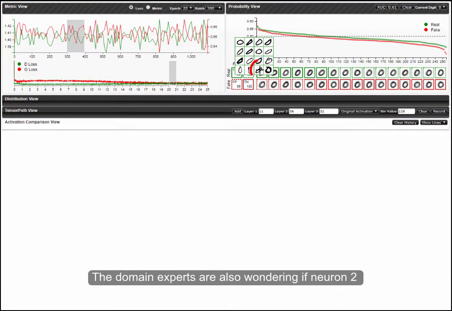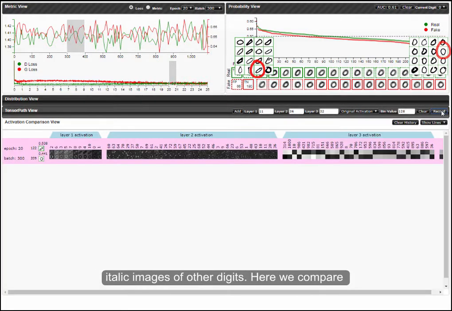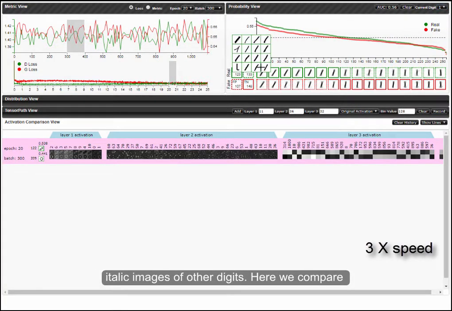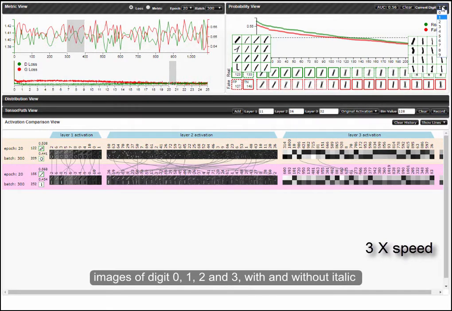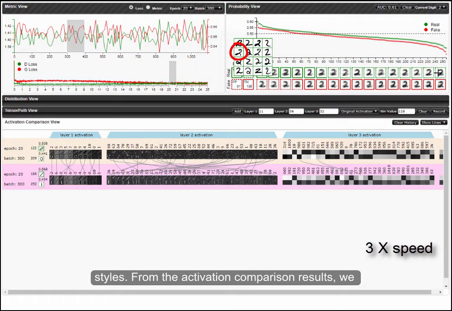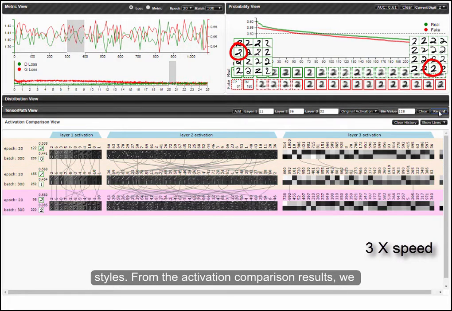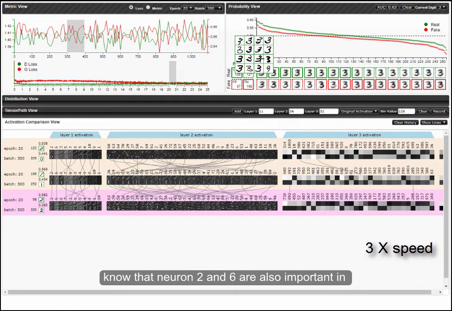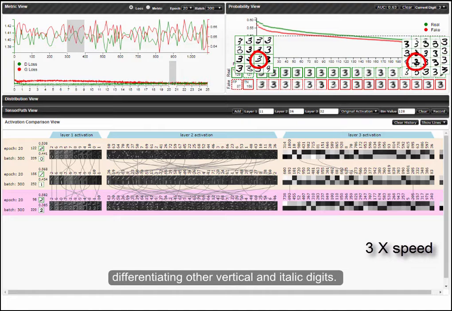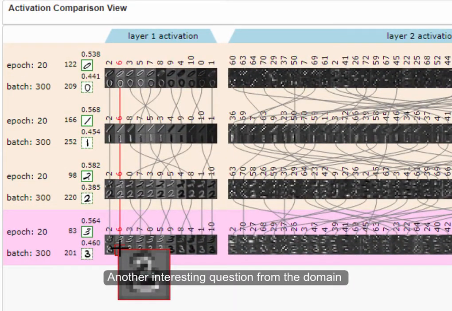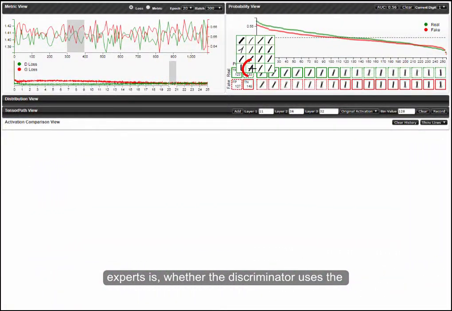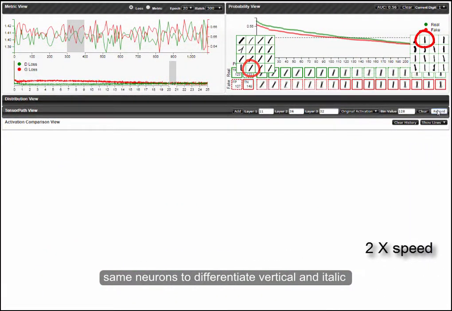Domain experts are also wondering if neuron 2 and 6 are important in differentiating vertical and italic images of other digits. Here we compare images of digit 0, 1, 2, and 3, with and without italic styles. From the activation comparison results, we know that neuron 2 and 6 are also important in differentiating other vertical and italic digits. Another interesting question from the domain experts is whether the discriminator uses the same neurons to differentiate vertical